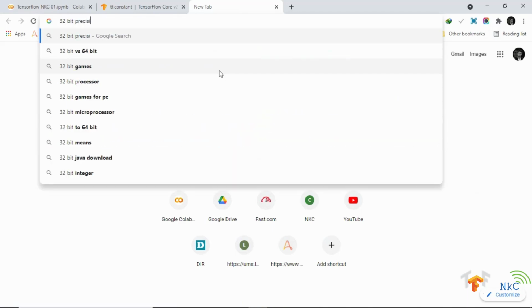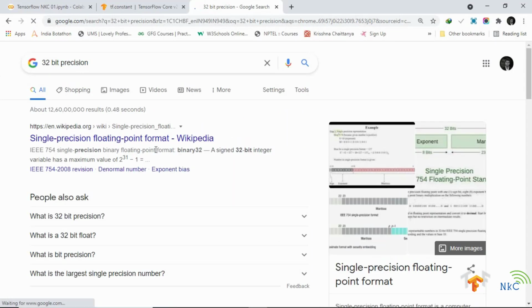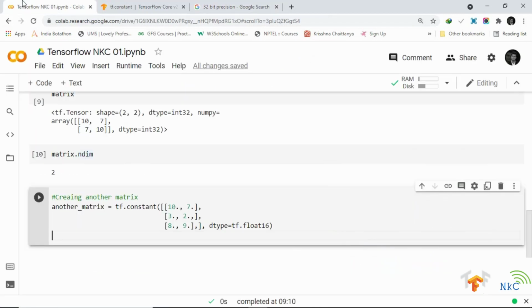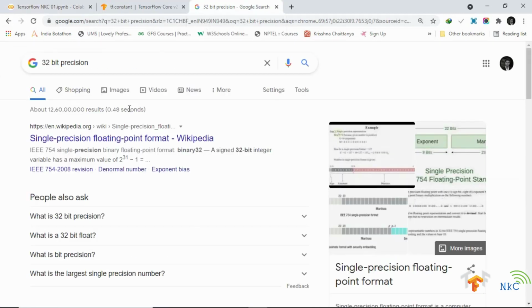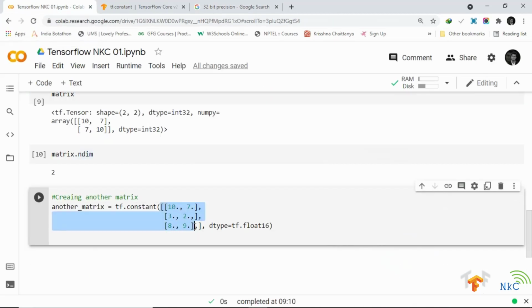The concept is the higher the number of precision, the more exactly these numbers are stored on your computer. So float 16 is a lower number than 32, which means storing this tensor in our computer memory is going to take up less space. The reason I am getting you familiar with this is that if you get a data type error in future because your tensors have the wrong data type, you can manipulate them using the dtype parameter.